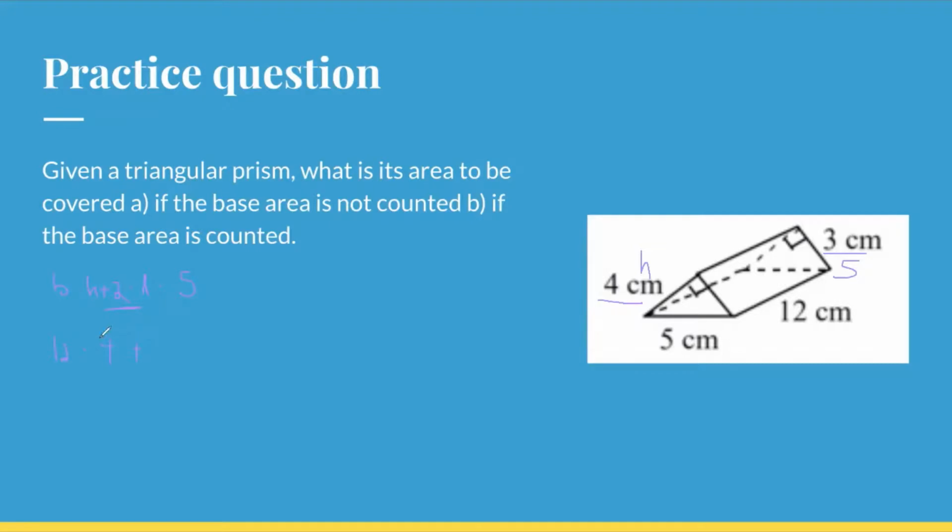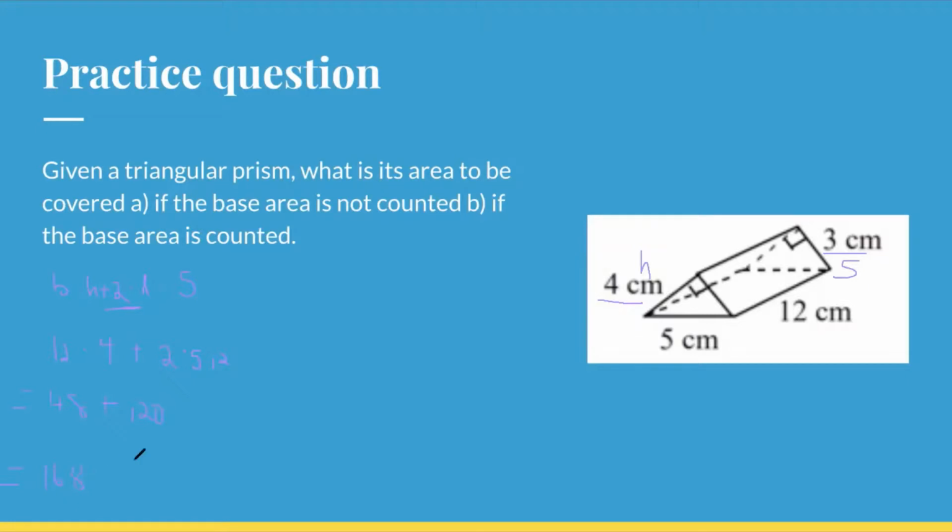So 12 times 4 plus 2 times 5 times 12 equals 48 plus 120 equals